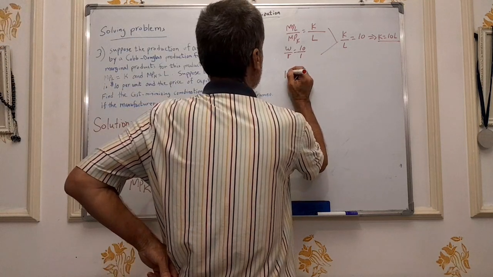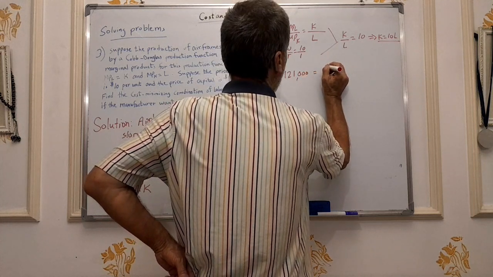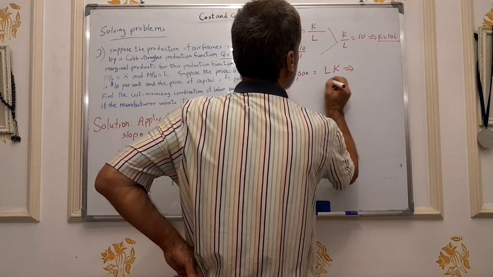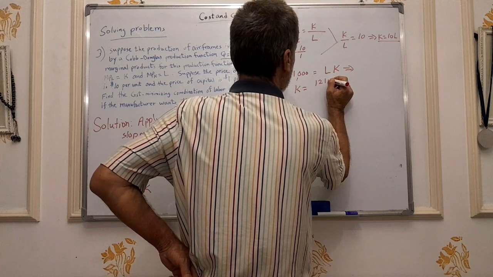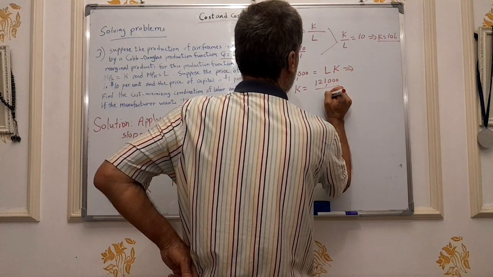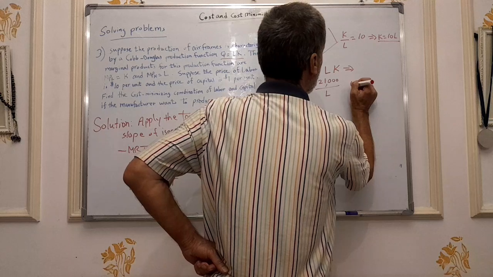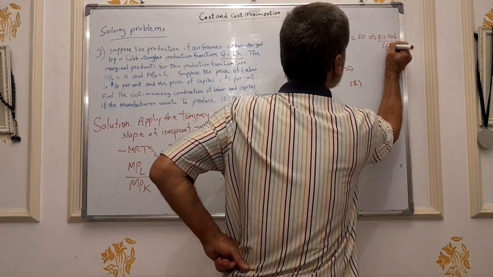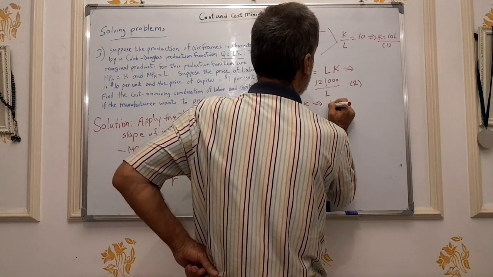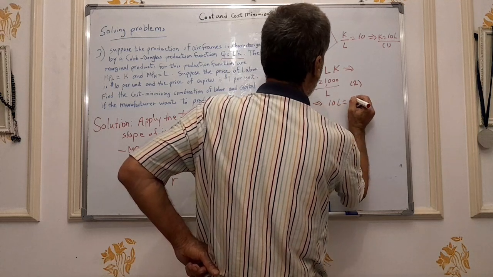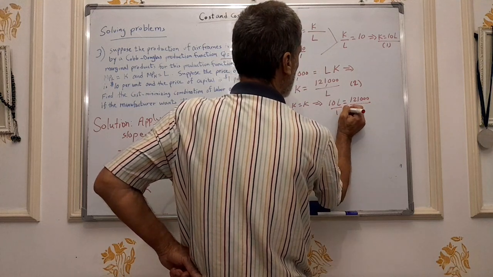Therefore, 121,000 is equal to LK, which implies K is equal to 121,000 over L. So now K equals K, which implies 10L is equal to 121,000 over L, which implies, by cross multiplication,